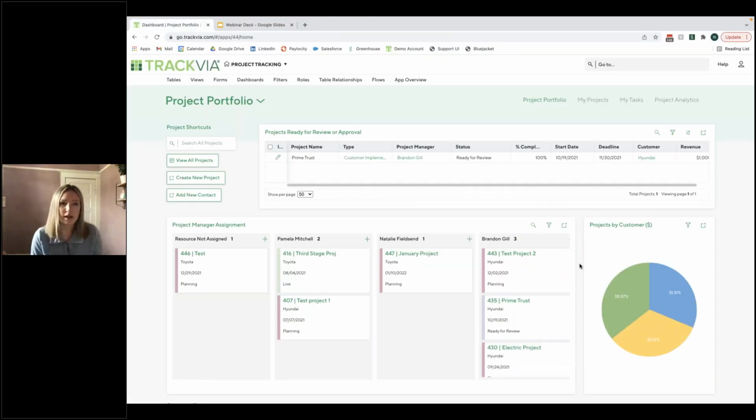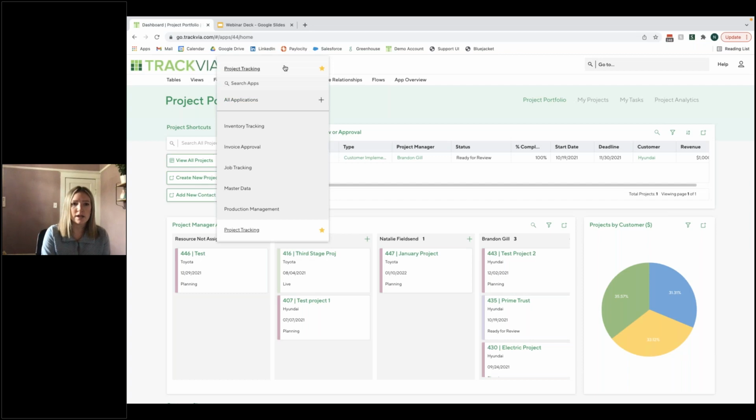So I'm going to pivot, and what we're looking at now is the TrackVia Web version. So we're logged into our TrackVia application. This probably looks pretty familiar to you guys. Over here, we have the TrackVia logo, which serves as a home button throughout the application. You'll see here I have a project tracking title. It's because I'm in a project tracking application. And if I select this here and I click in, you'll see a list of